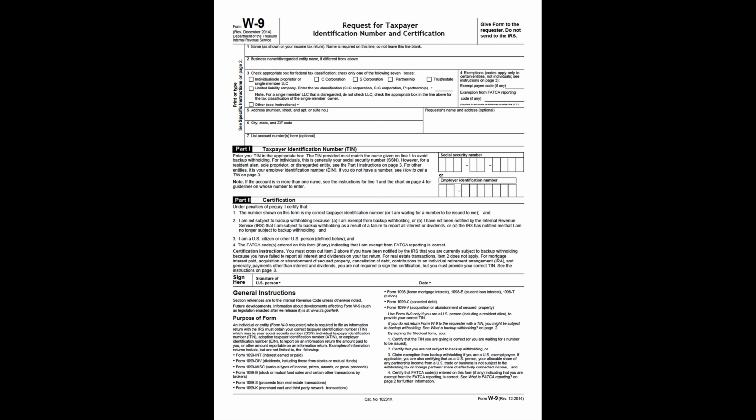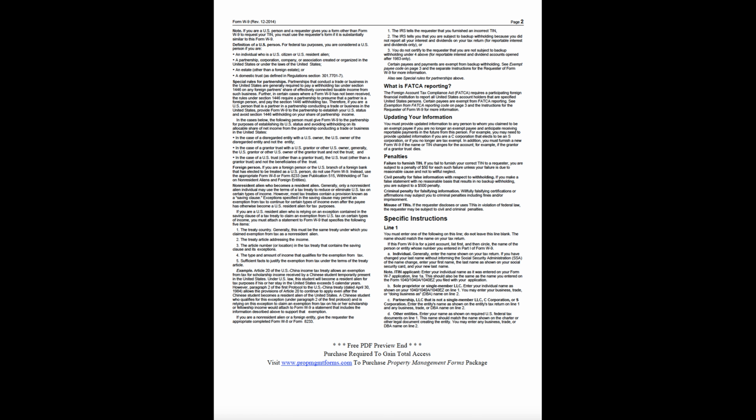Definition of a U.S. person. For federal tax purposes, you are considered a U.S. person if you are an individual who is a U.S. citizen or U.S. resident alien; a partnership, corporation, company, or association created or organized in the United States or under the laws of the United States; an estate, other than a foreign estate; or a domestic trust, as defined in Regulations Section